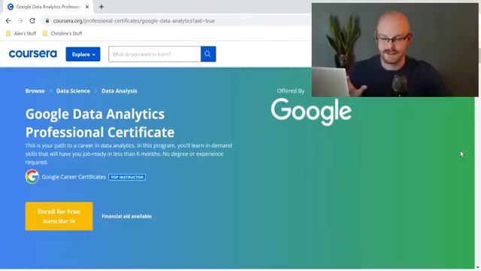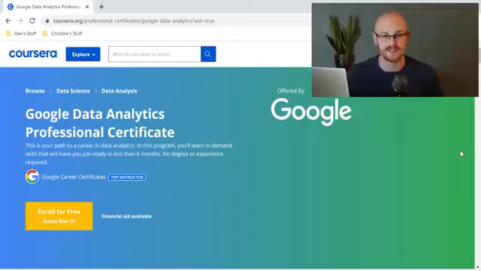All right, so as you can see on your screen, this is the Google Data Analytics Professional Certificate offered by Google. Now, I'm going to be going over a lot of things today. I'm going to be going over basically everything that they have on here, hitting the highlights. I'm also going to go into the courses and walk through very briefly what each one is going to teach you. Of course, as we're walking through this, I'm going to give you my first impressions, but at the very end, I'm going to be talking about who this is for and who I think would benefit from